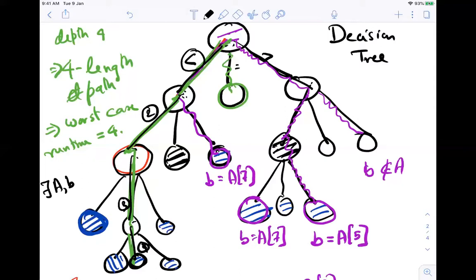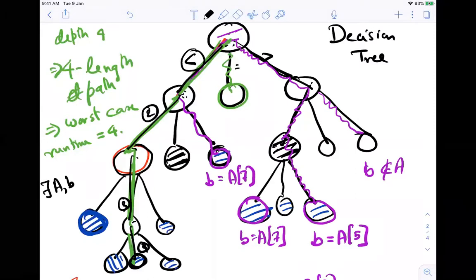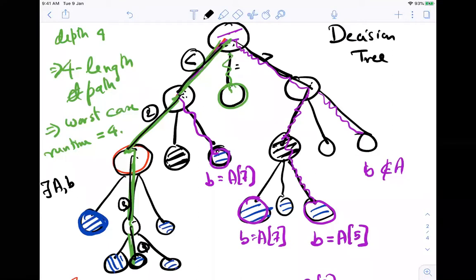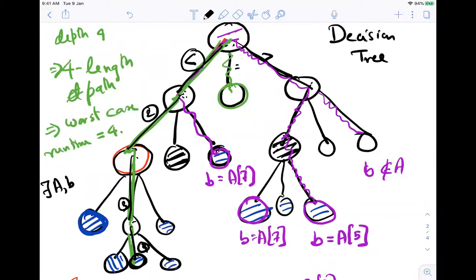Think of it. We are talking about adversarial methods. Adversarial meaning is that you have given me an algorithm, and I am your adversary. What I will do is I will try to give you the worst A and B for your algorithm, which will make your algorithm run for the longest. And that is the worst case runtime. The time for which your algorithm will run in the worst setting is the worst case runtime of an algorithm. So here I can fix this A and B in such a way that I will make you make 4 steps, 4 comparisons. So the worst case runtime of your algorithm has to be more than or equal to 4. Right? And this is exactly